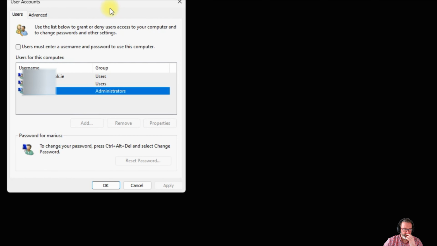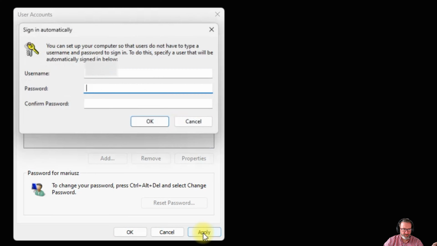Now this pops up here, Windows user accounts. I'm gonna hide my names there because there are a few users using my PC, just for security reasons, guys. So don't worry about that, okay? Now you see here I have this option, tick and untick: users must enter a username and password to use this PC. This is normally ticked by default. So if I untick that, and my name is there, and I click on apply,